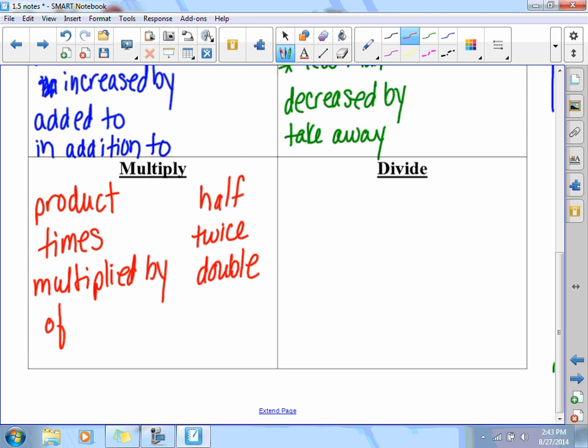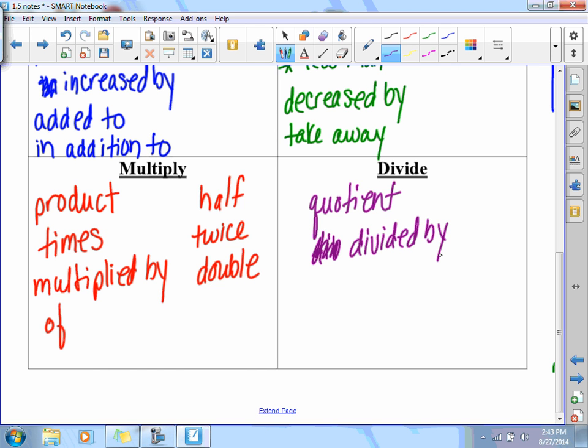And for division, common words for division, there aren't many. The main one is quotient. When you have a quotient, that's an answer to a division problem. And you could have divided by. You could also have divided into,